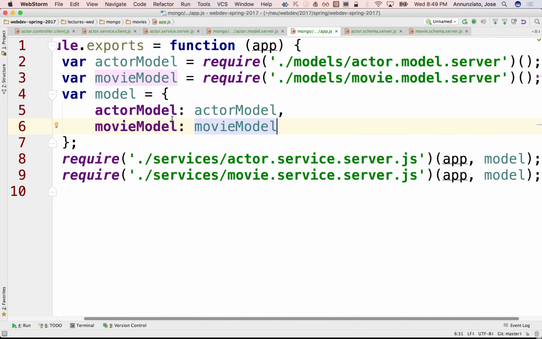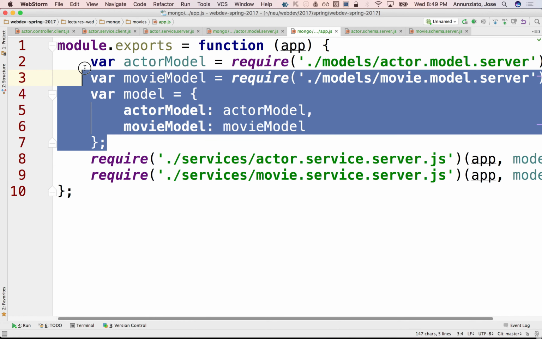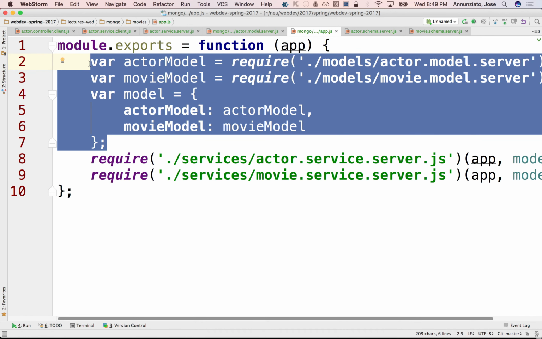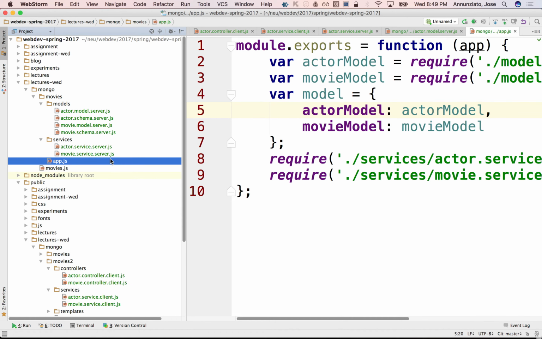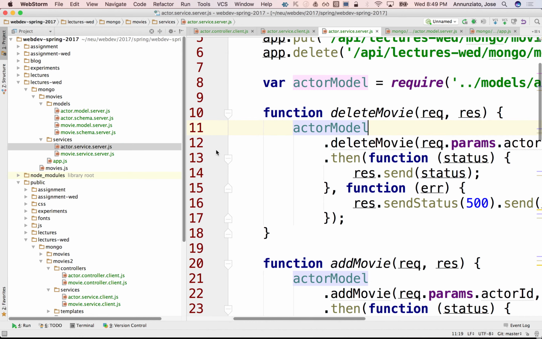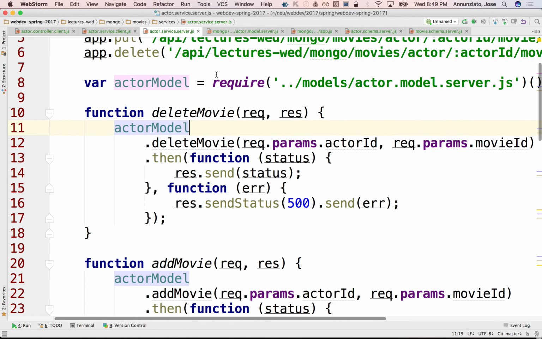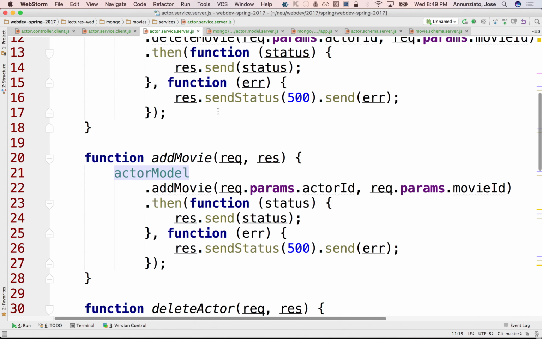Or we could have put this in a separate file and just loaded it from the service. Either way, we'll grab it from the service here. So now the actor service, when we're adding a movie,